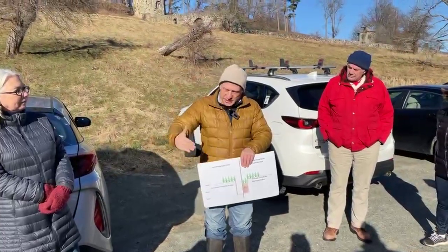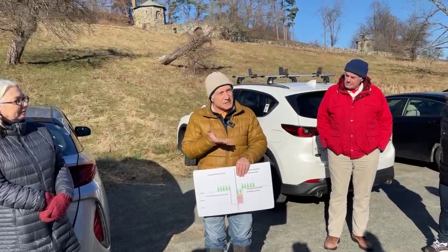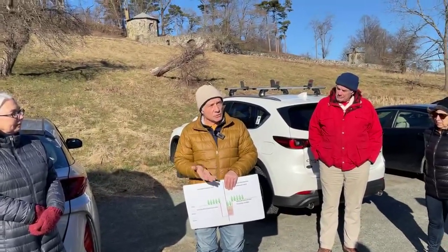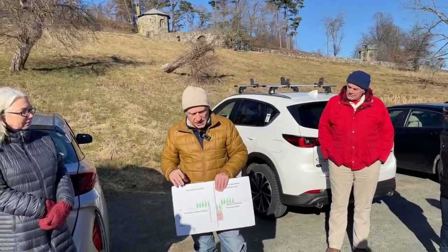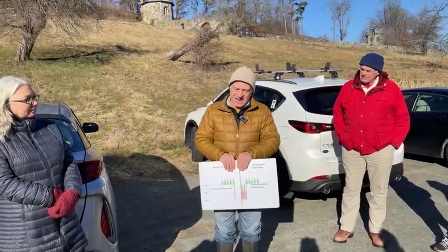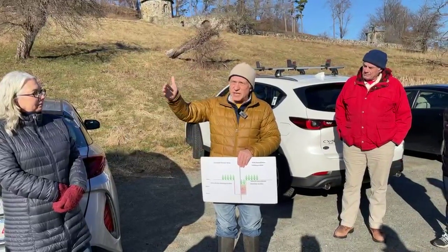Once you dig a ditch through it, you expose it to oxygen, you start that decomposition process. It doesn't build as much, or it actually subsides. It's going in the wrong direction when we have sea level rise. The second thing that's happening is where all of those ditches are getting clogged, the water is staying on the